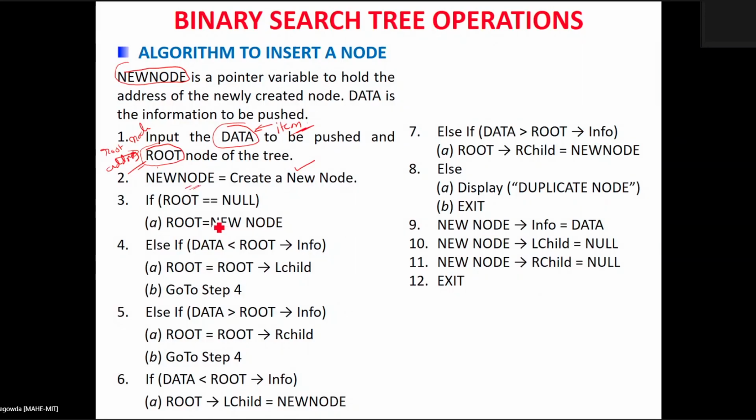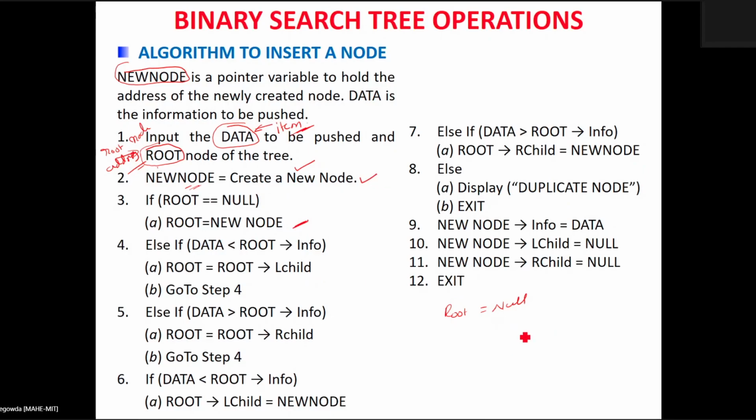Now you start with the root node, meaning you check whether the root node is null or not. Say the root node value is equal to null. When the pointer variable root has a value equal to null, it is understood that the BST is empty, meaning there is no binary search tree, so one needs to be created. That is the condition we are going to check. If the root node is null, the new node which we created in the second step is going to become the root node.